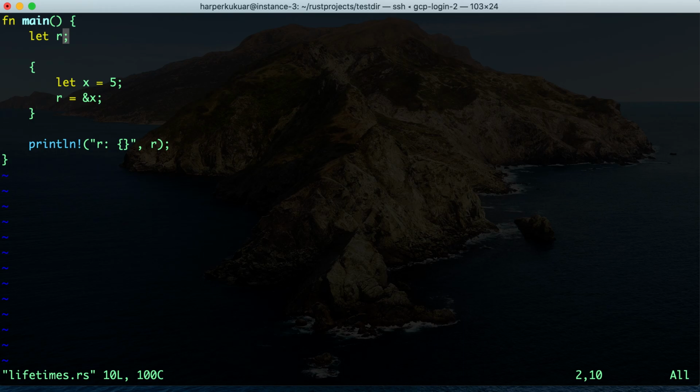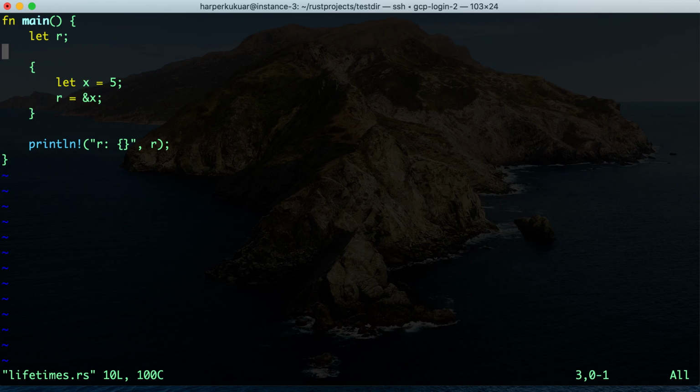Well, think about it. True that r is not initialized, but we also don't use the value of r before initializing, so that's okay. Rust only says that you can only use a value after it is initialized. It doesn't say you can't define a variable without initializing it. So that's fine. Now here you see we have a variable in block scope x, and then r,